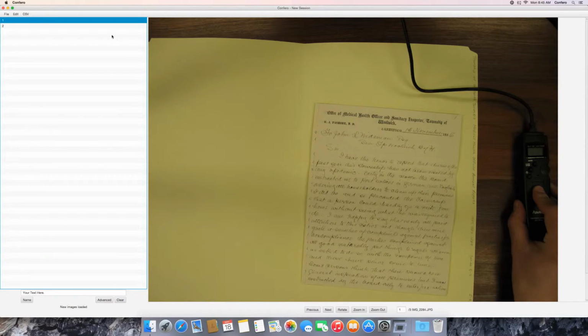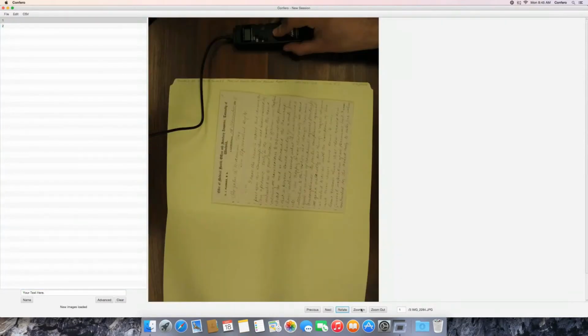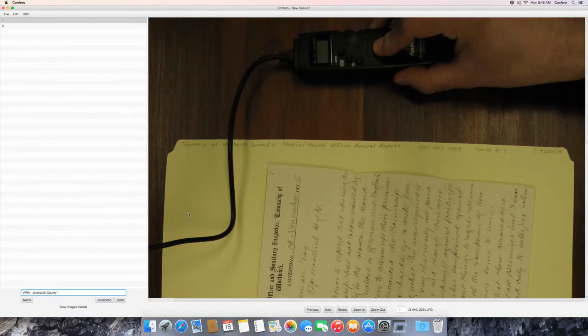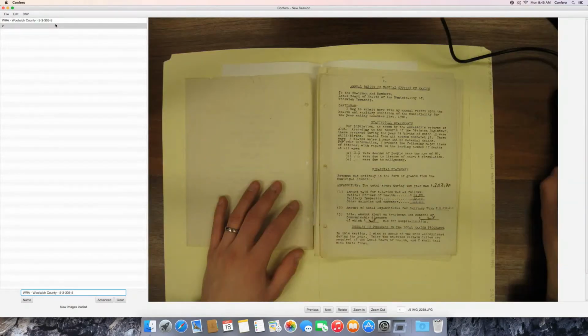So, Confero went through all of the images and it found the following sets. So now we're going to name them. The quickest way to do that, there we go. So let's call this, this is from the Waterloo Regional Archives. We'll go Woolwich County, and then it is 5.3, and then we can't use slashes, so we'll go -305-5. I'm going to hit Enter, or rather Return, and that will automatically name it and move on to the